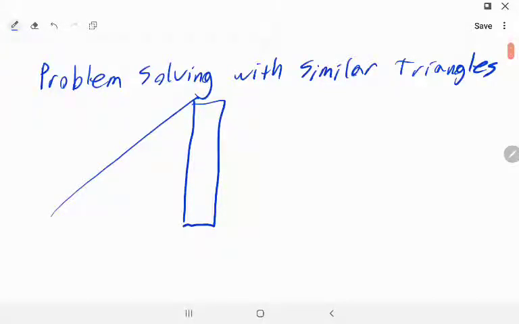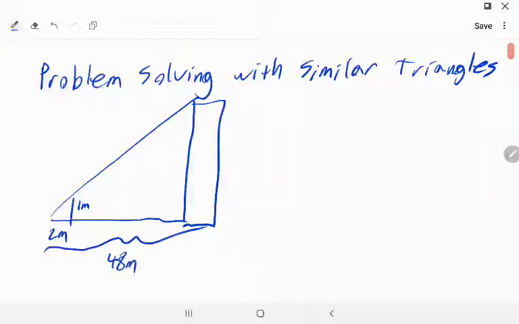how can we do it? One way to do it is with shadows. If we have a meter stick, a 1 meter long stick, and it casts a 2 meter long shadow, we can compare that to the shadow of the building. So if the shadow of the building is, say, 48 meters, we know that the triangles,